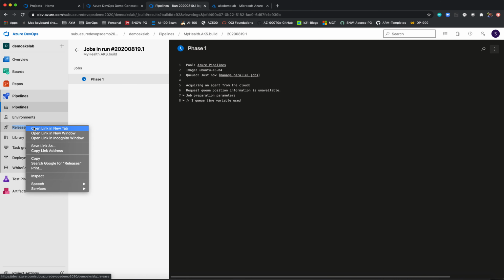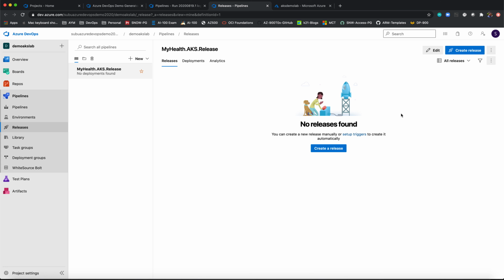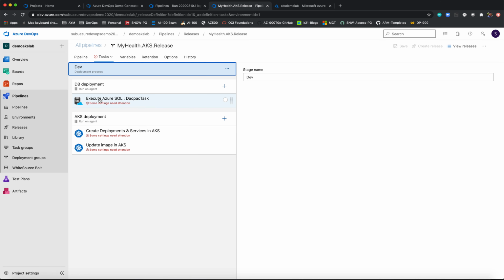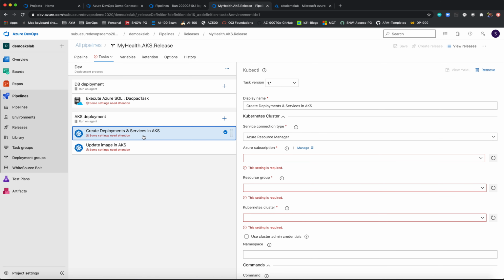In the meantime, let me also go to my release pipeline and check what is there. On my release pipeline, I click on edit and check what it is. So this is by default an artifact which is coming from my build, and then here under the stage of dev, I have two jobs. Here if you see, it has a SQL DACPAC, which is from a SQL Server. It is trying to take a backup of it, and then restore it on our Azure SQL server. That is a DACPAC file, and this is my AKS deployment. So I have a deployment service created, and then I am updating the image in my AKS.